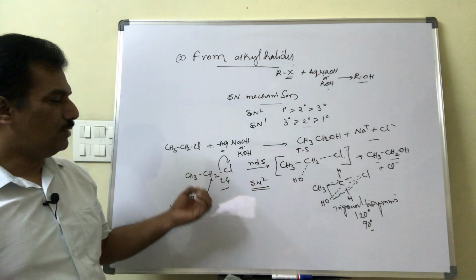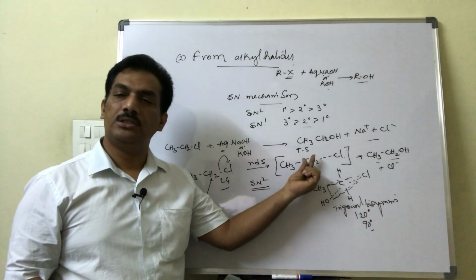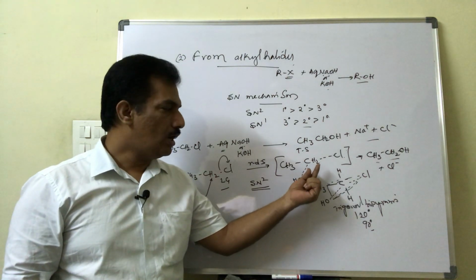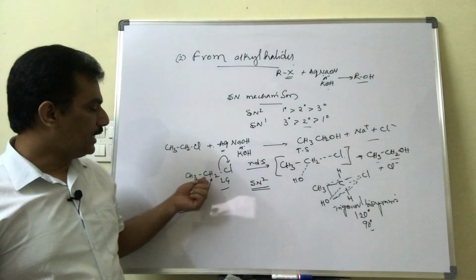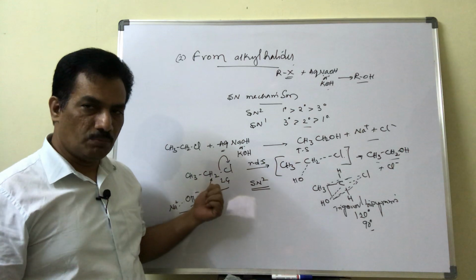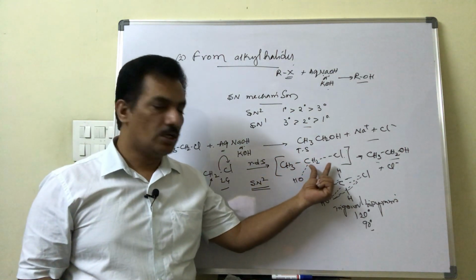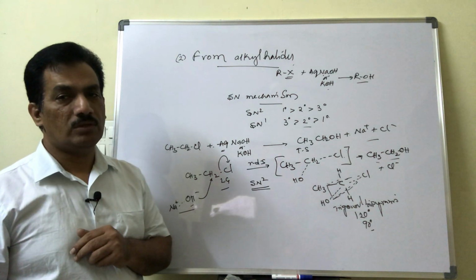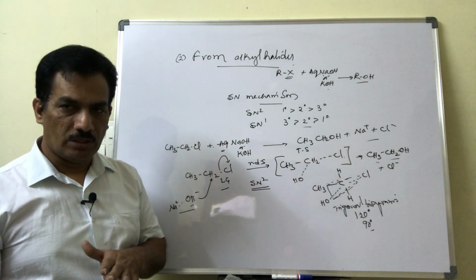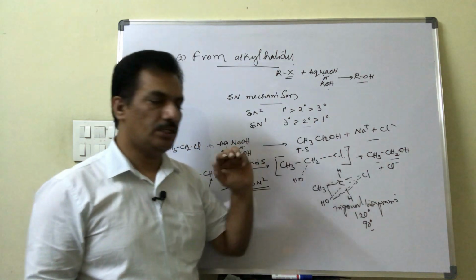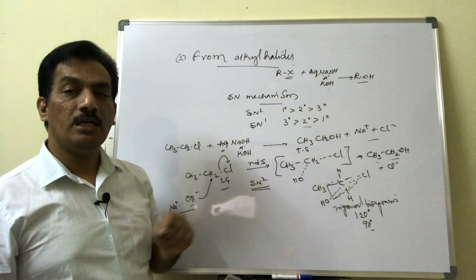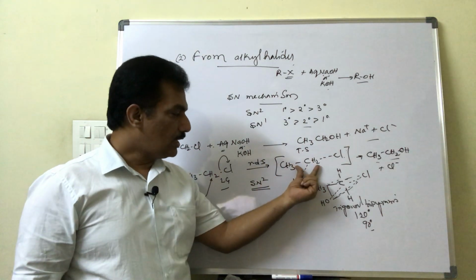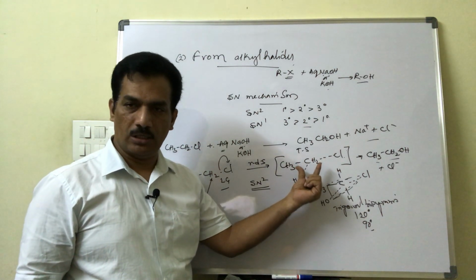We already studied that one. In case the substrate is stereochemically important, a stereomer, then the nucleophile automatically attacks from the backside. Due to this backside attack, the configuration is mostly inverted, and such inversion is known as Walden inversion. That takes place in SN2, but remember that Walden inversion happens only when the substrate alkyl halide is a stereomer.